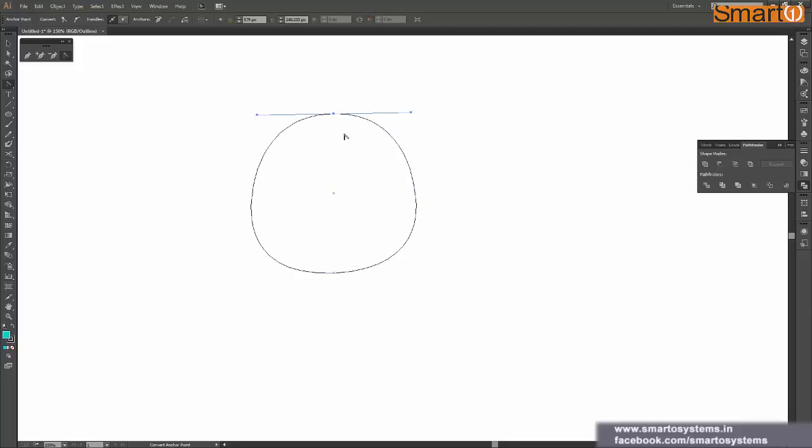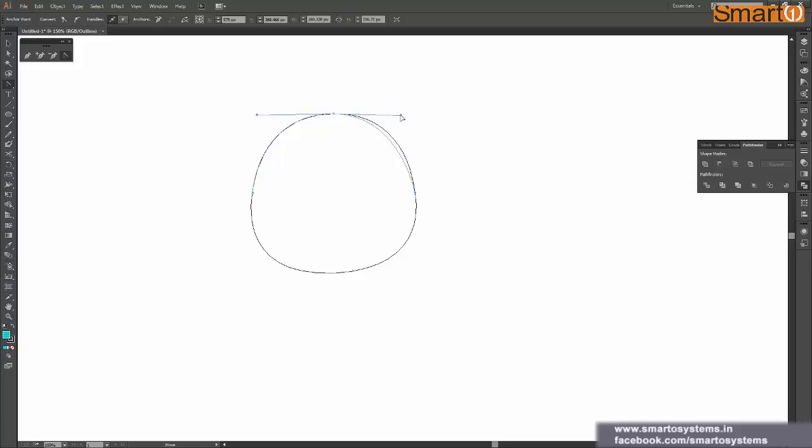Now the third functionality of the same tool, the convert anchor point tool, is that if you click on a tangent and move, then you can break the tangent. Now I think we have learned something like this in previous videos, where we learned what to do if I want to break the tangent. For that, you can select the direct selection tool, and while moving any tangent, you can press Alt on your keyboard to break the tangent. Now we have seen we can do the same thing using the convert anchor point tool. You can just click on the tangent and move. You need not press any Alt key or any additional option key to do something like that.